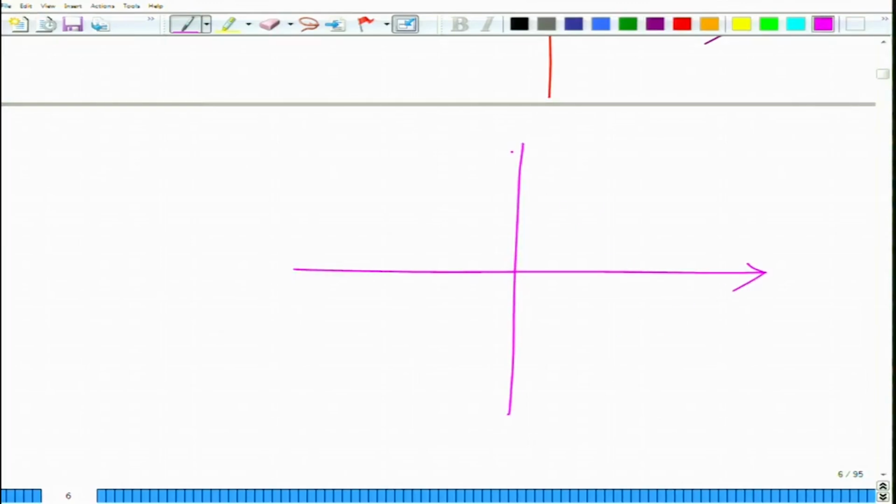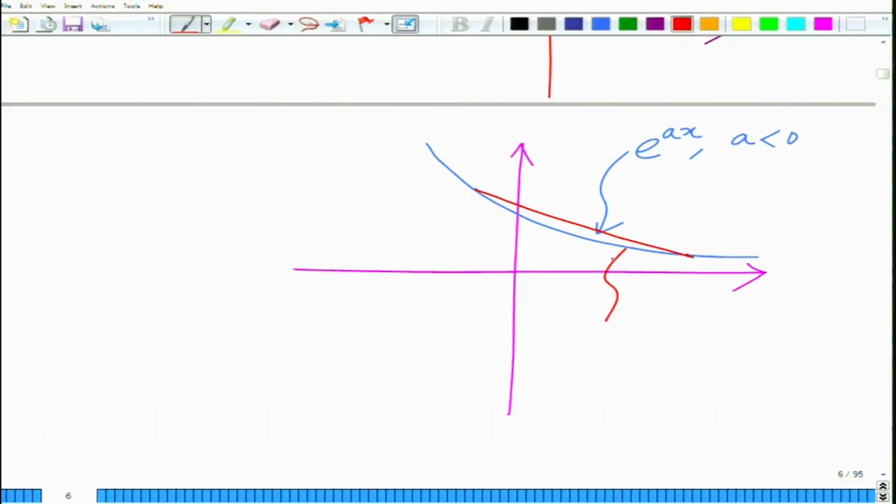It is not very difficult to see, if you plot e raised to the power of ax, a less than 0, also an exponential, and you can again see that you take any 2 points and join the 2 points, the chord lies above the function, and therefore, this is a